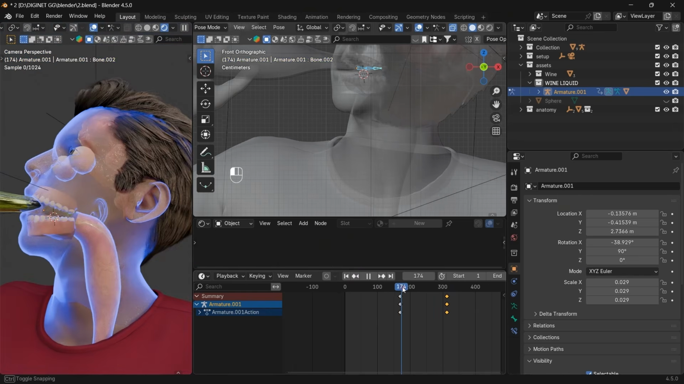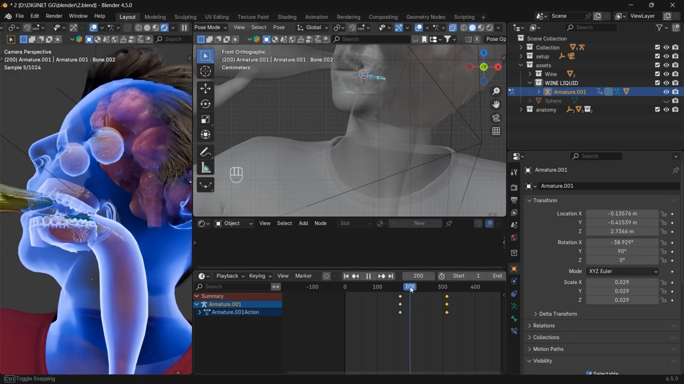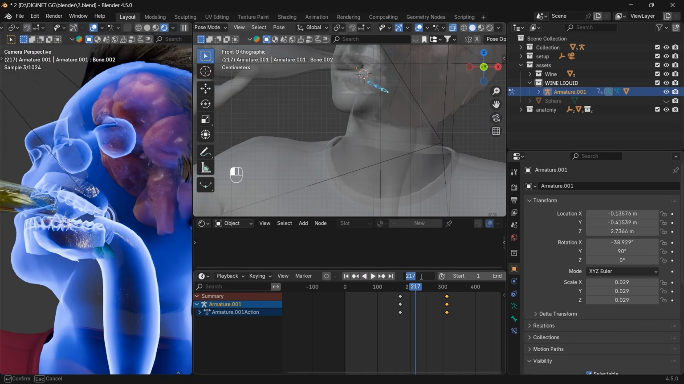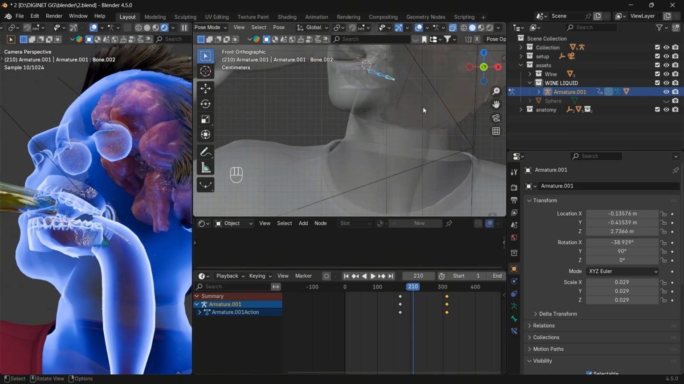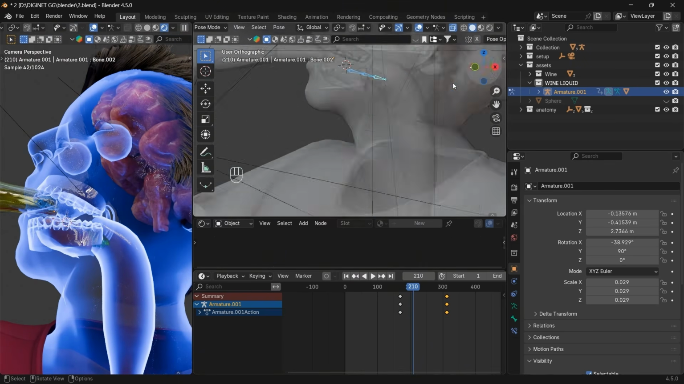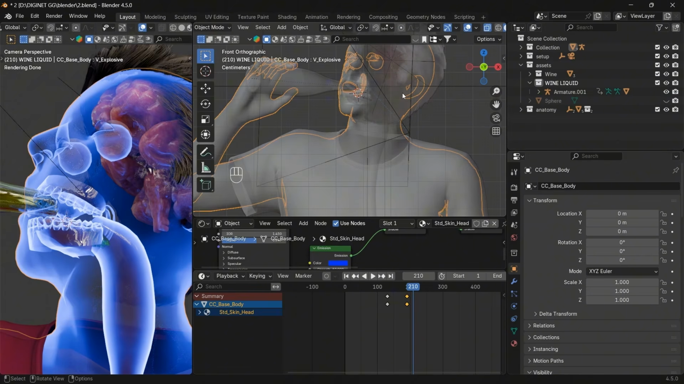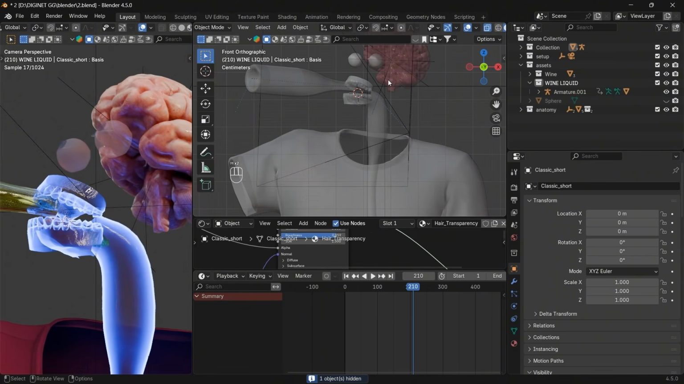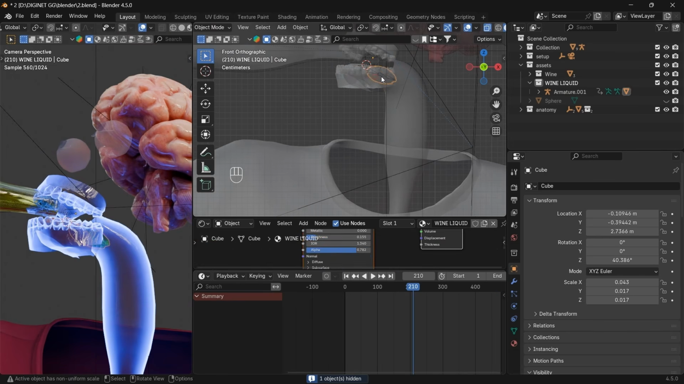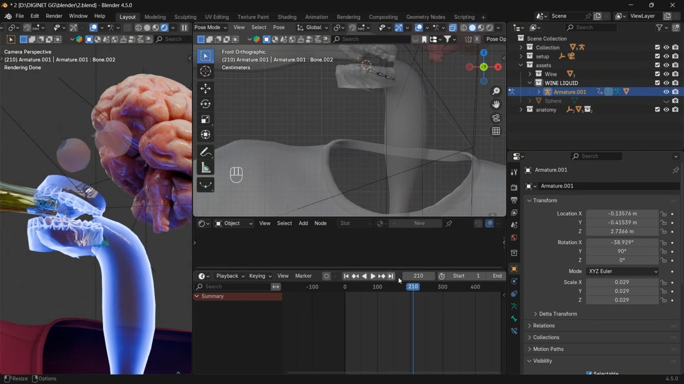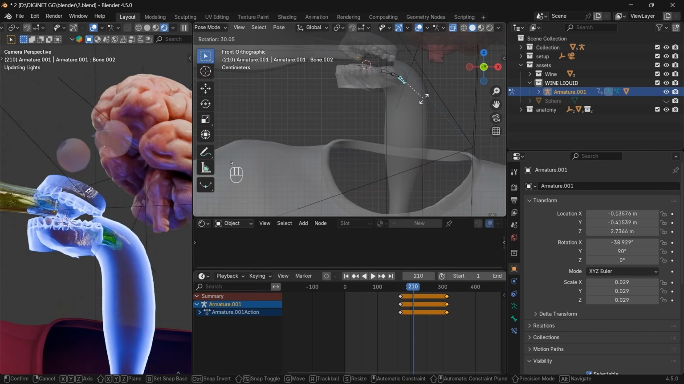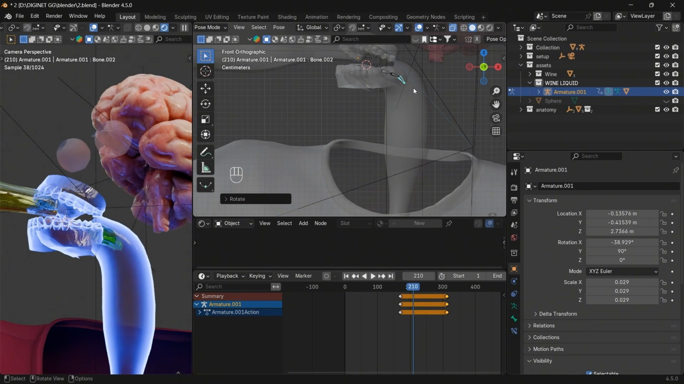Okay, at the frame 170 to like 200 or maybe 210. At the frame 210, it should be, okay. Let me hide the body for a moment so I can focus on this part. Okay, this one. Go to the pose mode and select everything, and at the frame 210, it should be over here. And we can also give it a little bend like this, and